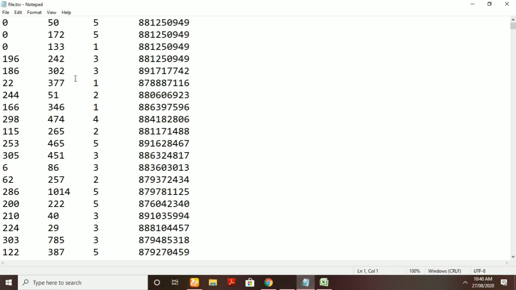In the first data set, I have a user ID, item ID, the ratings provided by the specific user, and the timestamp. The timestamp denotes at what time the user provided the rating for the movie. So this is the user ID, which user has provided the rating, and these are the item IDs. The item ID denotes the number of a movie.